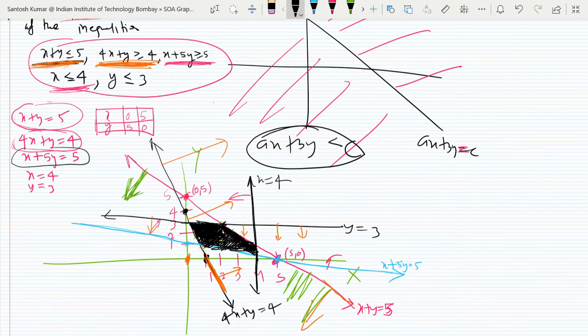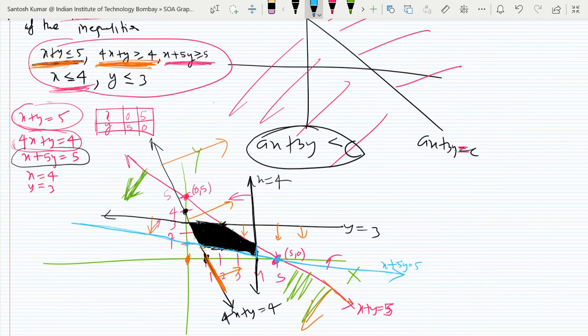My question to you is, this is a polygon. You know, a triangle is a polygon, a quadrilateral is a polygon. A polygon is a closed figure made up of lines. So it is a polygon. My question to you is, how many corner points does this polygon have? Can you count the end points, the corner points? Count and tell me how many corner points you see for this polygon.